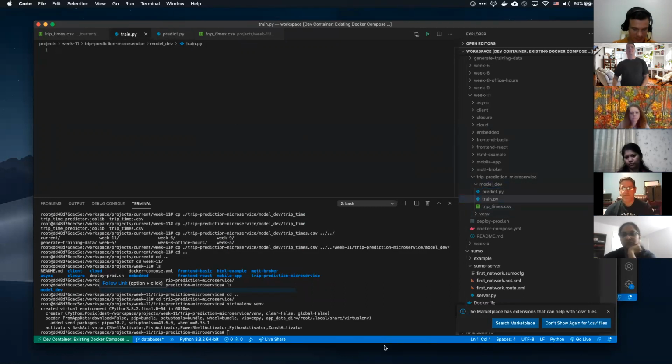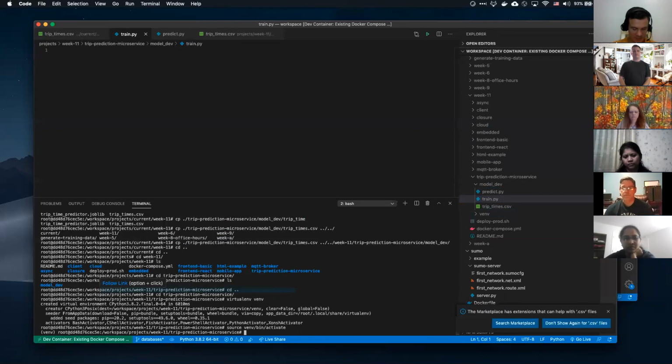All right, so in train.py, we've got a few libraries we've got to install. We source venv/bin/activate, so we've activated our virtual environment in there. Now we're going to pip install a number of different things. One of those is Pandas. Pandas is a really nice data manipulation library. And then we're going to install NumPy.